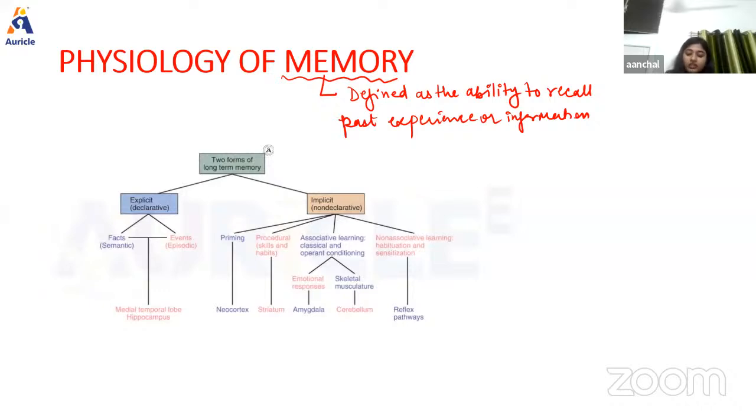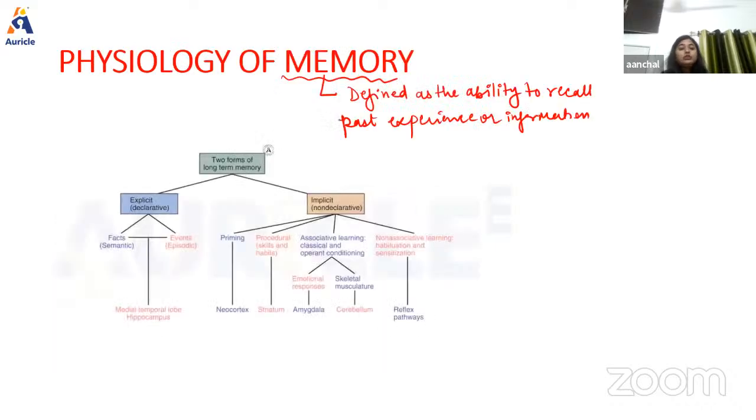Now there are various degrees of memory. Some memory remains only for a few seconds, some remains for hours, some for days, some for months, and some for years and years, right? Now, when we talk about the anatomic basis of memory, the anatomic basis of memory is the synapse in the brain. As we know, the synapse is responsible for the transmission of signals. Okay, so synapse is responsible for memory coding, and here it is slightly different from the other synapse.